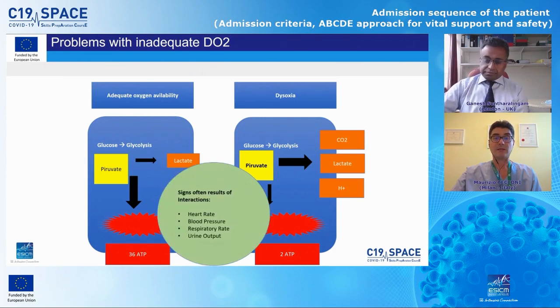And again, we can look at this. Also, the heart rate may increase because the body is trying to bring more oxygen to the tissues. We can see what happens. Often blood pressure is kept at very steady levels, and it's only at late stages that we can see the blood pressure dropping because the compensatory mechanisms are going down. The respiratory rate is usually a very early sign. And if we look at what happens with urine output in situations like this, often the kidney is trying to preserve intrathoracic blood volume so the urine output can actually drop. So just by looking at these variables, we can get a sense that maybe something is going on in the